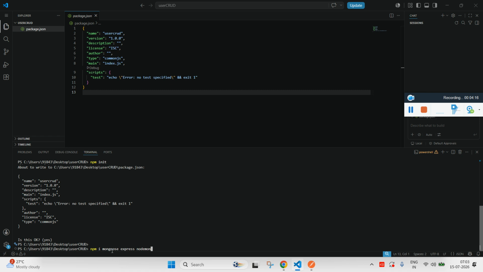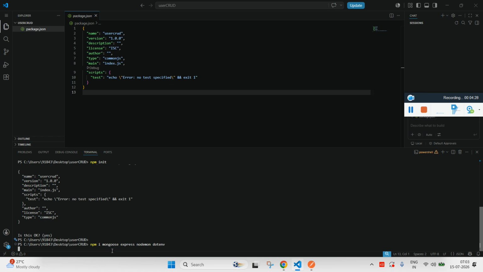I'll explain why we need NodeMon in a practical way. And we'll be using dotenv, which is where all your credentials would be stored. If I click enter, all your packages get downloaded